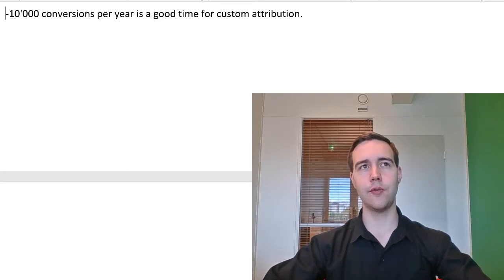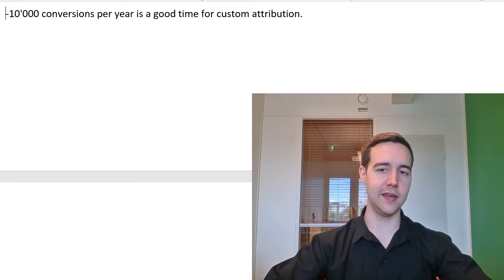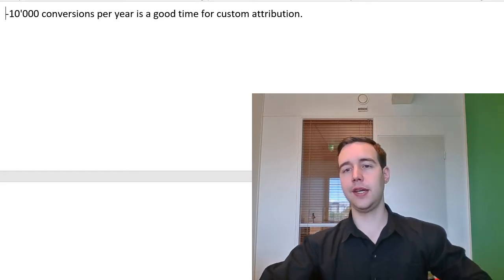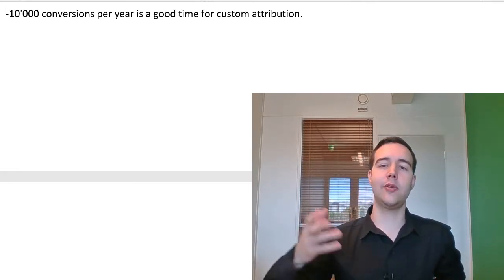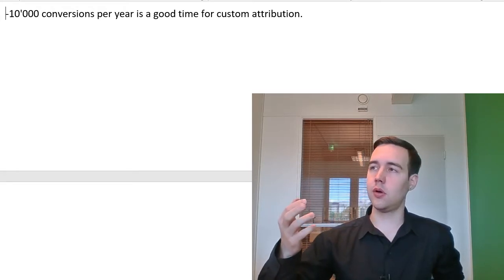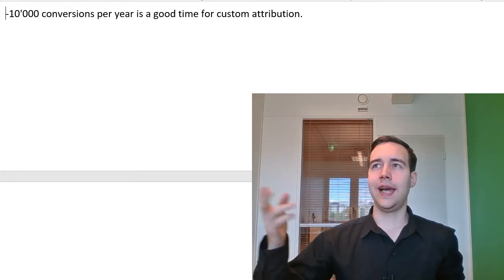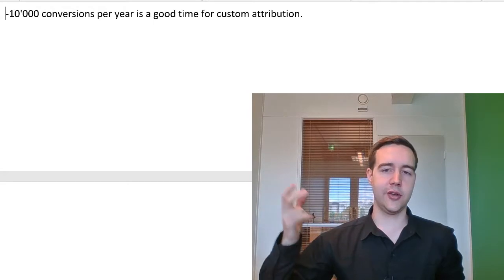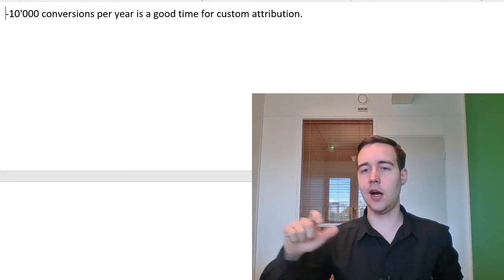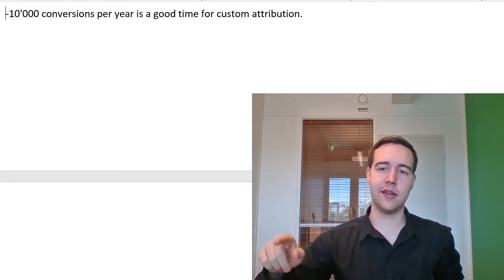So you can go really deep on this. There's even TV attribution. Nowadays we can take a look at what happens if we show an advertisement on TV at certain hours, and see how our website traffic is affected by that.